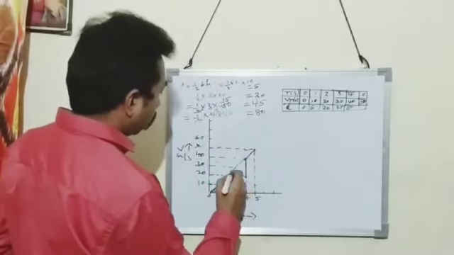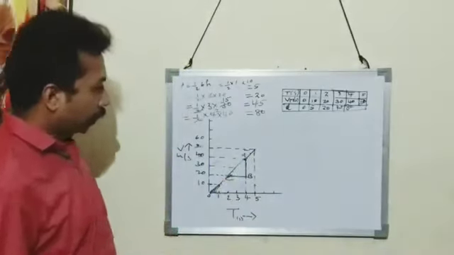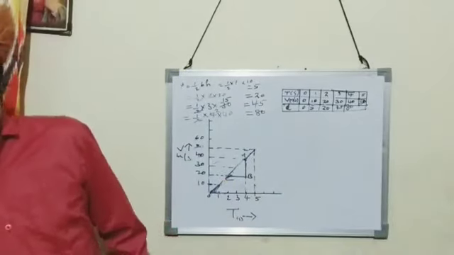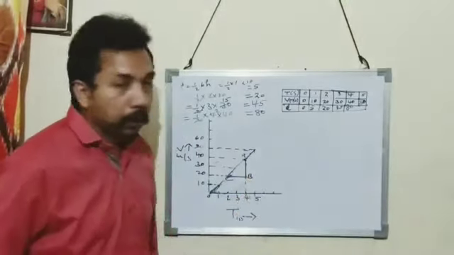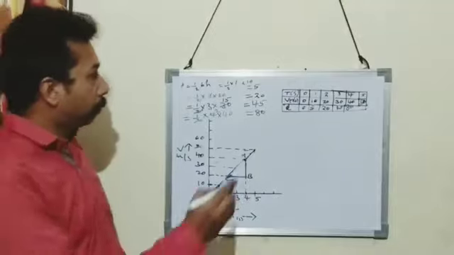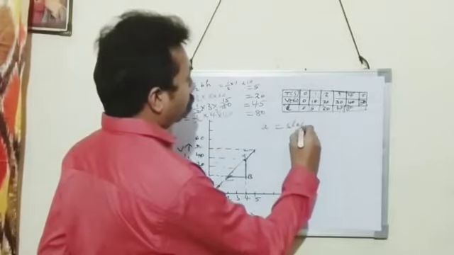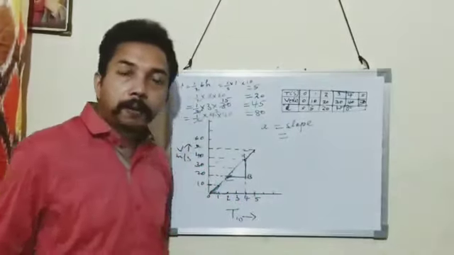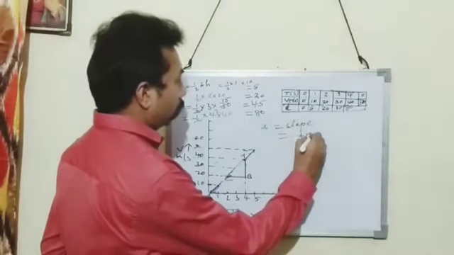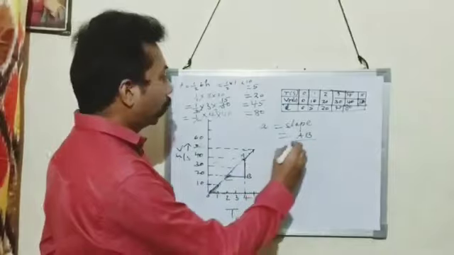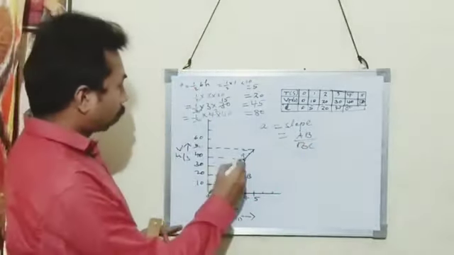So this is a right angle triangle. I will give some names: A, B, C. ABC is a right angle triangle. In the last class I also said how to find the slope. Slope is equal to the difference of y coordinate upon the difference of x coordinate. Acceleration is equal to slope, which is the difference of y coordinate, AB, upon the difference of x coordinate, BC. AB upon BC.